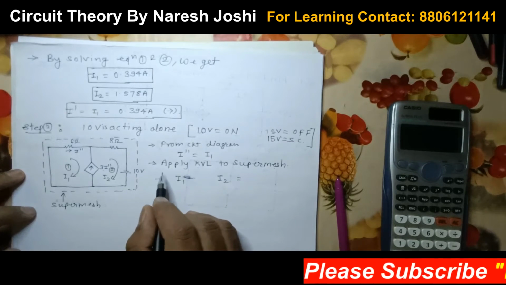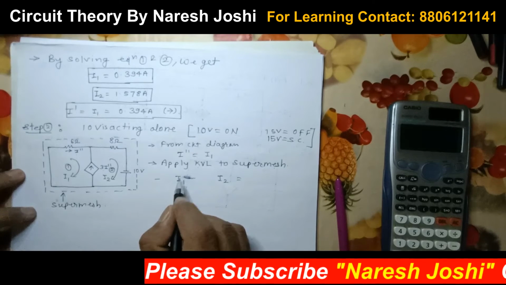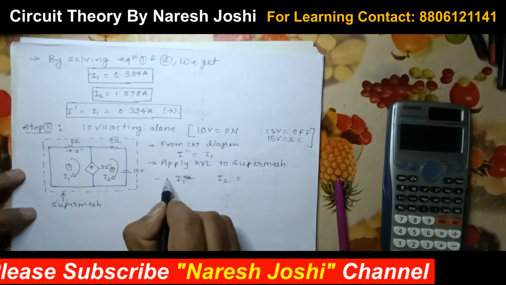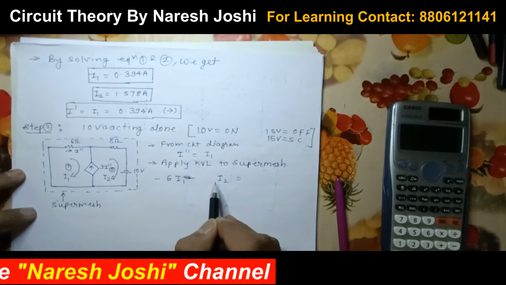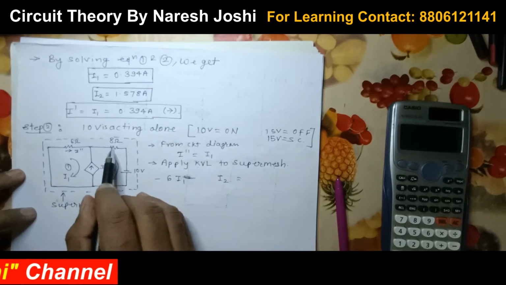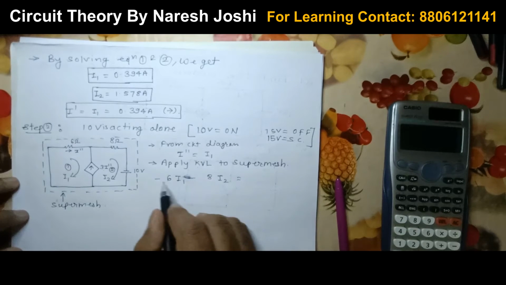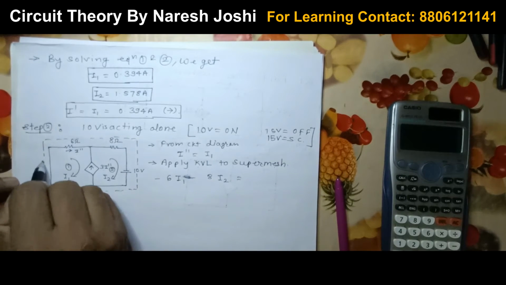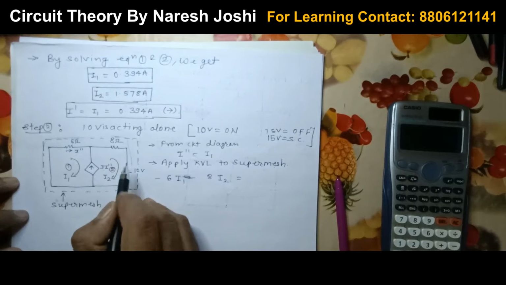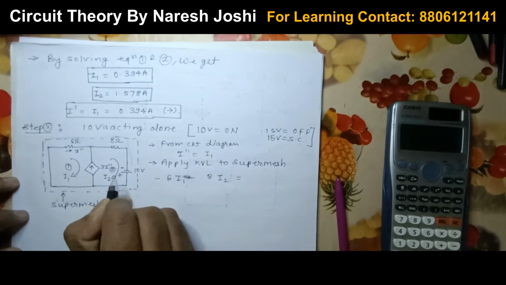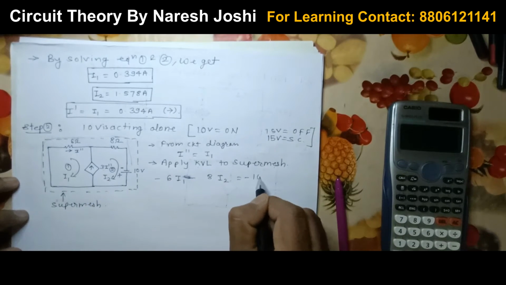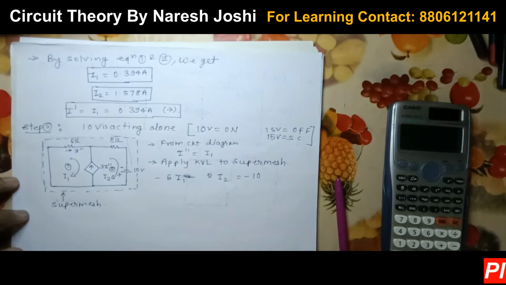So here you can see the value of I1 which is passing through the resistance, that is the 6 ohm. So I will write here 6. Another, through which resistance I2 is passing, only it is passing through the 8 ohm, so I will write here 8 ohm. And what is the voltage source? So you can follow this direction, okay. And if you come here, again you can see there is a negative and there is a positive. So negative, that means I will write here 10, okay. So this is the 10.